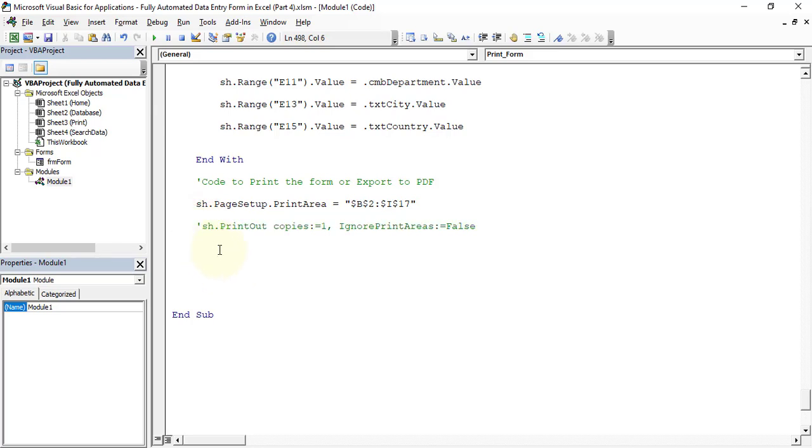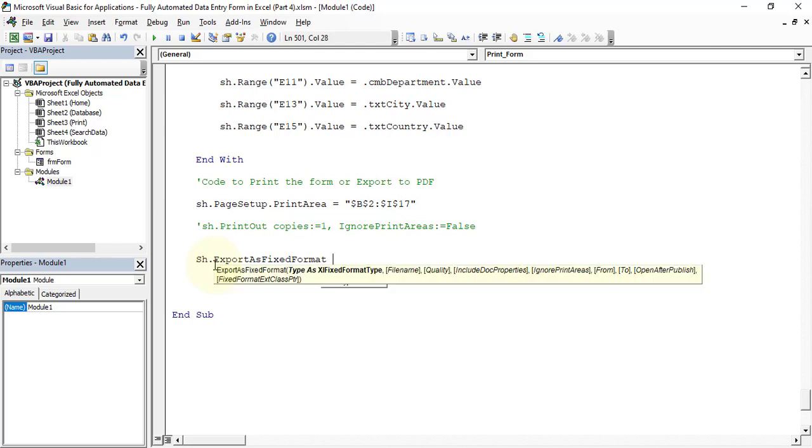And okay, if your system has a printer, then you just uncomment this particular line of code and comment the next line of code that is for exporting the details into PDF file. Okay, so let's write the code to export the details. So sh dot ExportAsFixedFormat, and the type would be Excel type PDF,